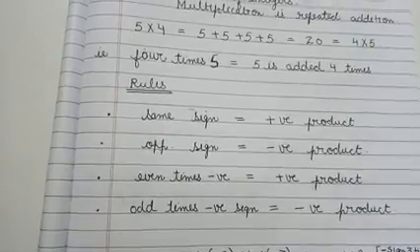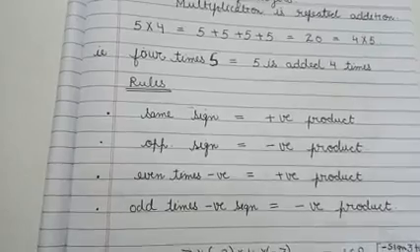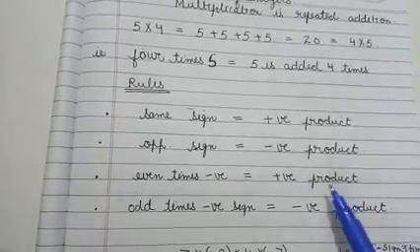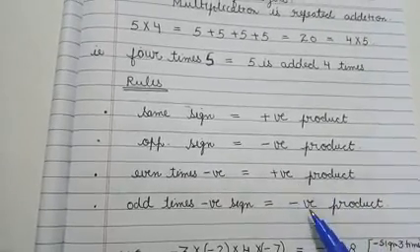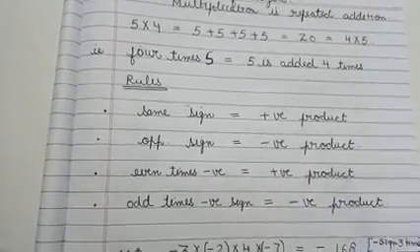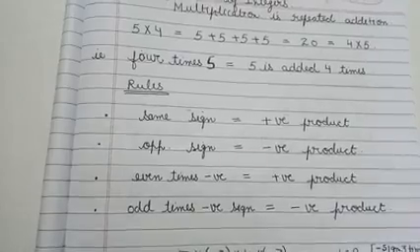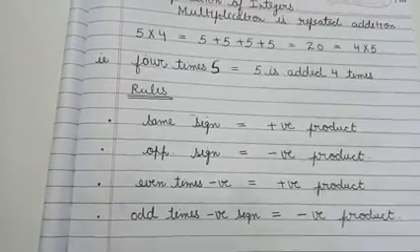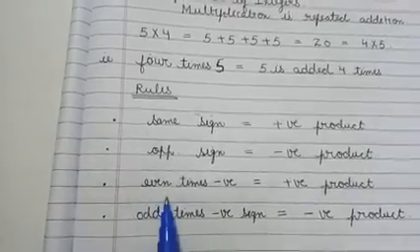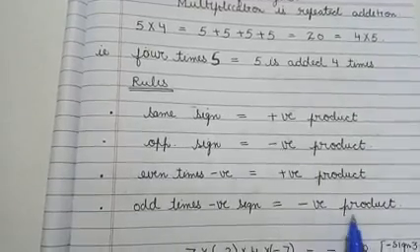As you know, in case of multiplication we have to multiply the numbers. The product number is the same, but which sign we have to put, that we have to consider. Now see, we will count the negative signs in the question. If the negative sign is even times, we will put the positive sign, and if odd times, we will put the negative sign.